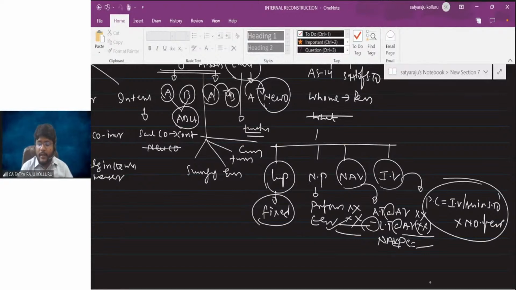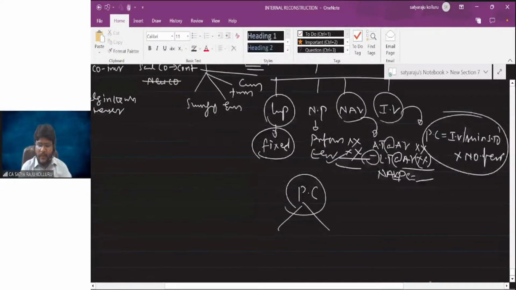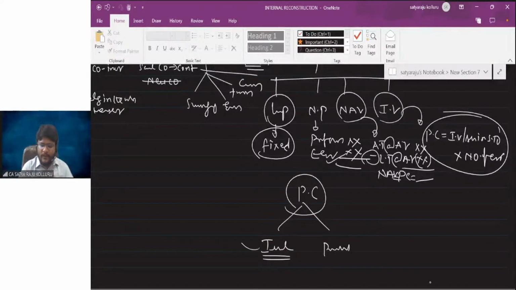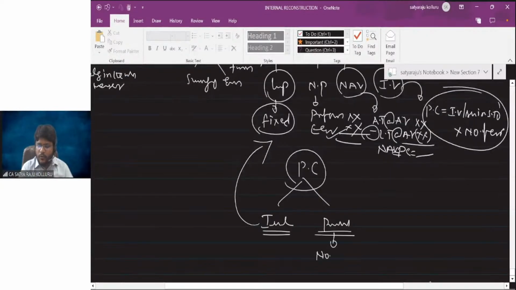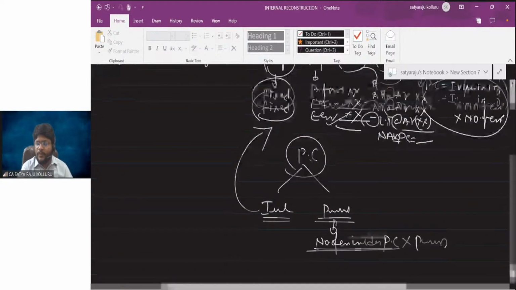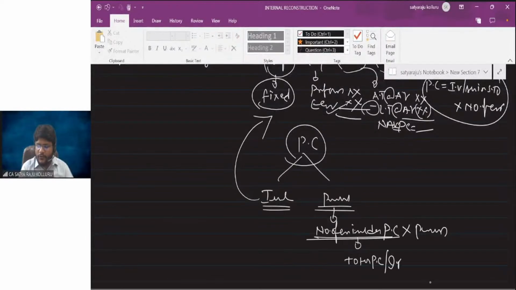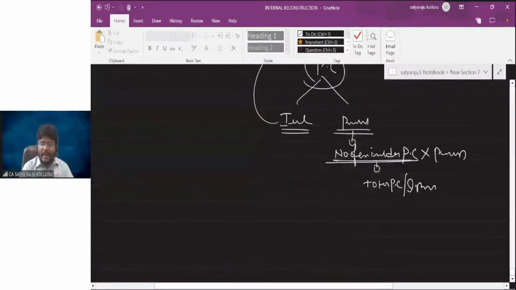One more important thing, sir: we can record the PC at issue price, or we can record the PC at par value. If you are recording PC at issue price, following that is more than enough. But if you want to record PC at par value, first you need to know the number of shares issued as PC, then multiply by the par value. To know the number of shares issued as PC, you need to divide total PC by the issue price. That is important.